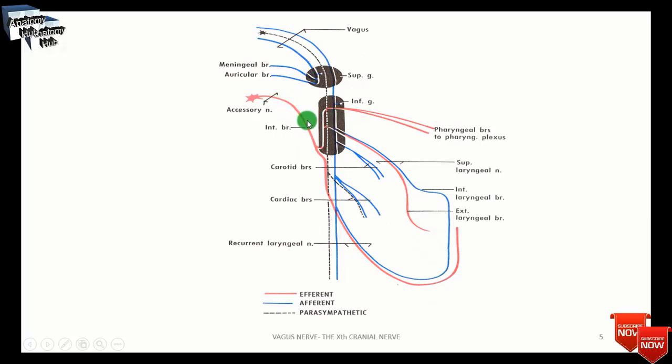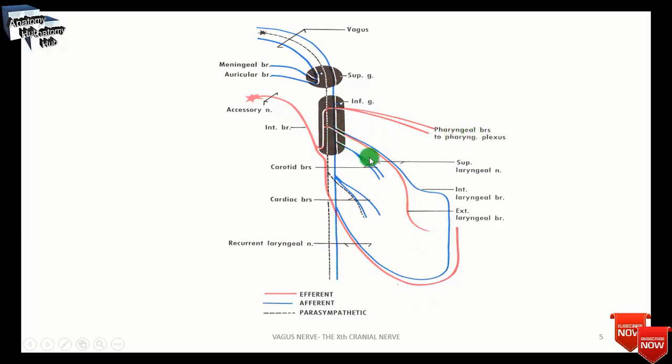The vagus nerve receives the motor branch from the accessory nerve, and here you will find the afferent fibers from the vagus nerve. They descend downward and give branches through the vagus nerve, and the motor branch from the accessory nerve all comes towards the pharyngeal branch and the pharyngeal plexus.